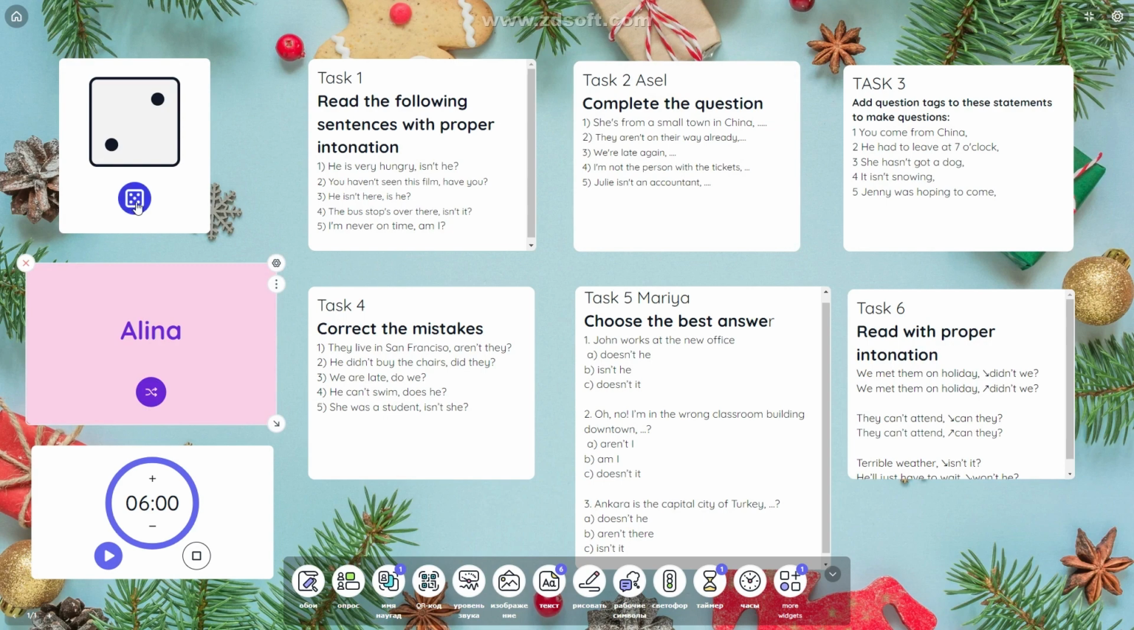Alina. The task for Alina. Task number 4 for Alina. Alina, you should correct the mistakes. The first one, for example, they live in San Francisco, aren't they? You should correct the mistake. They live in San Francisco, don't they? Yes? So this is a work for correction. Next person, we have